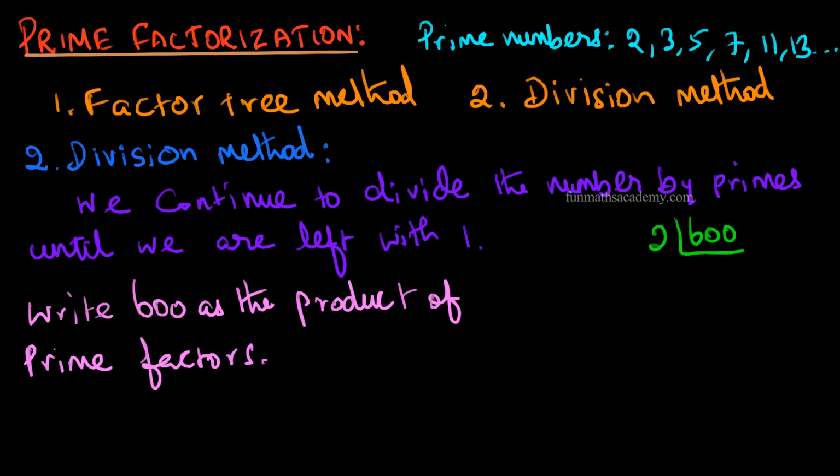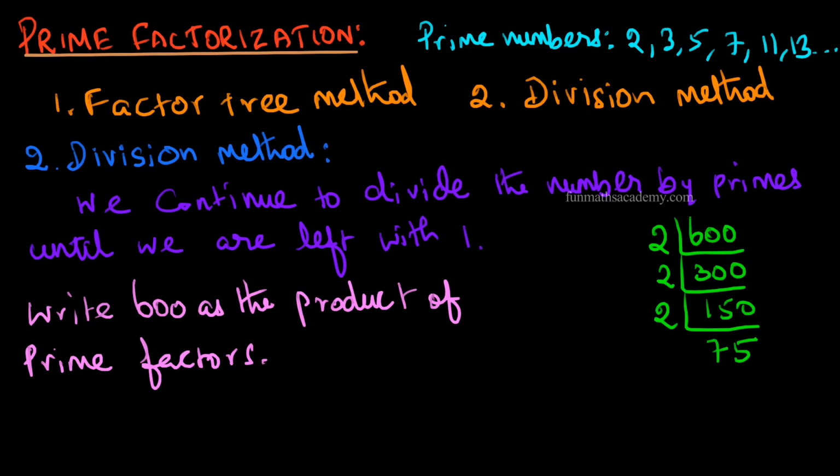Can this number be divided by the smallest prime number, that is 2? Yes, units digit is 0, right? So this number is divisible by 2. When you divide by 2, we get quotient as 300. We need to check whether this number is again divisible by 2. We keep doing this until the number we get is not divisible by 2. On dividing 300 by 2, we get 150. As one's place has 0 again, we further divide by 2, and on dividing, we get quotient as 75. But 75 is not divisible by 2 as the ones digit has 5 in it.